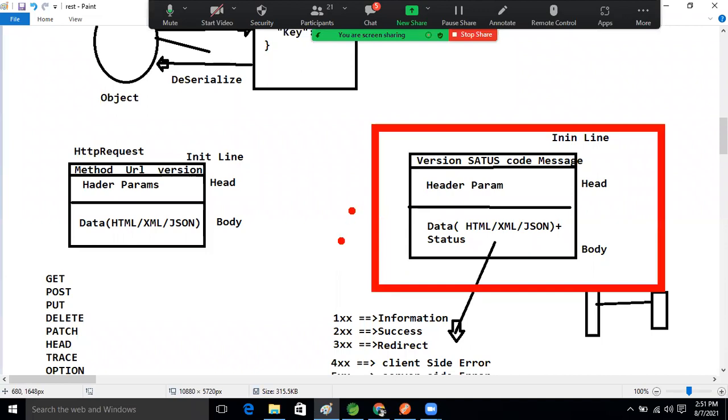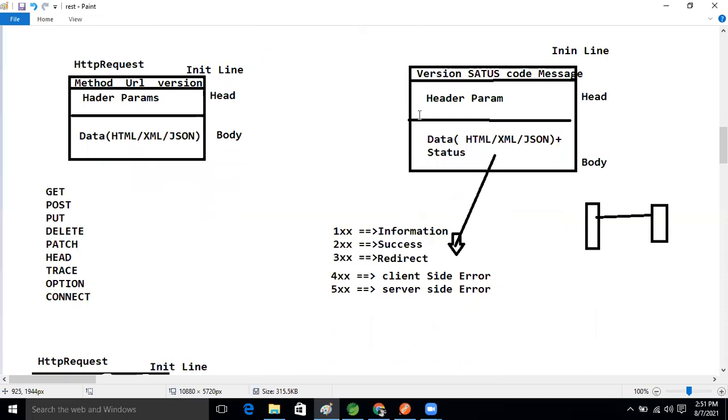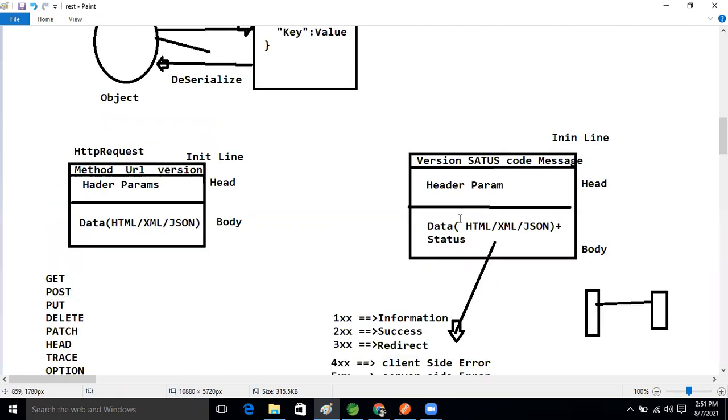So what I said is the response body, right? The HTTP response, how many parts are there now, guys? Two parts, right? The header part and the body part.